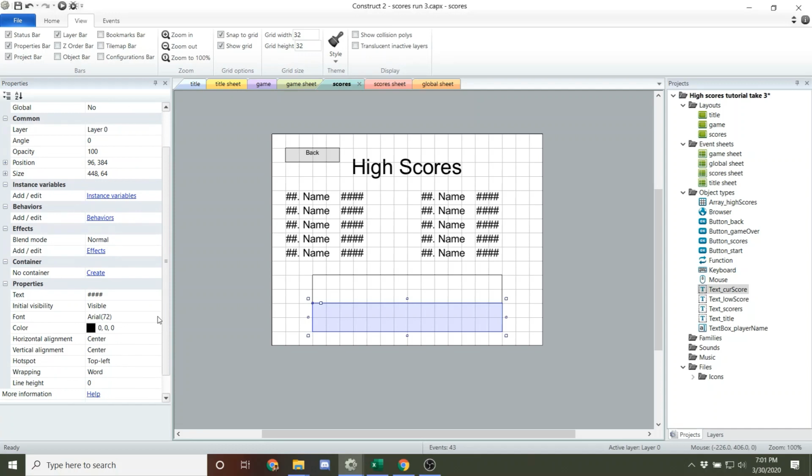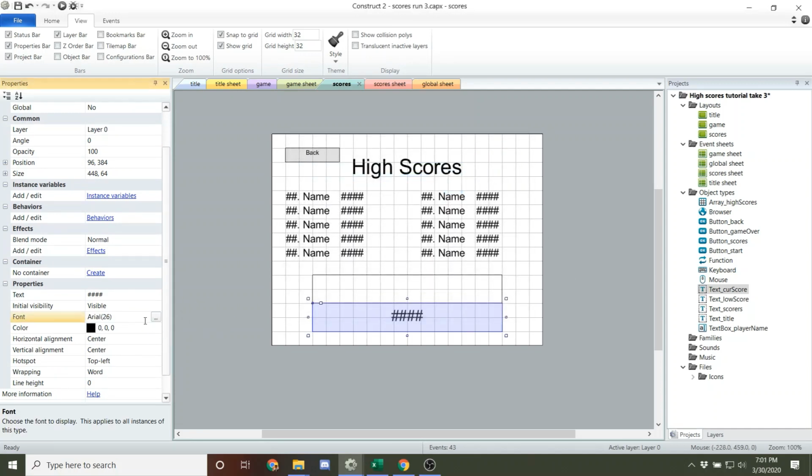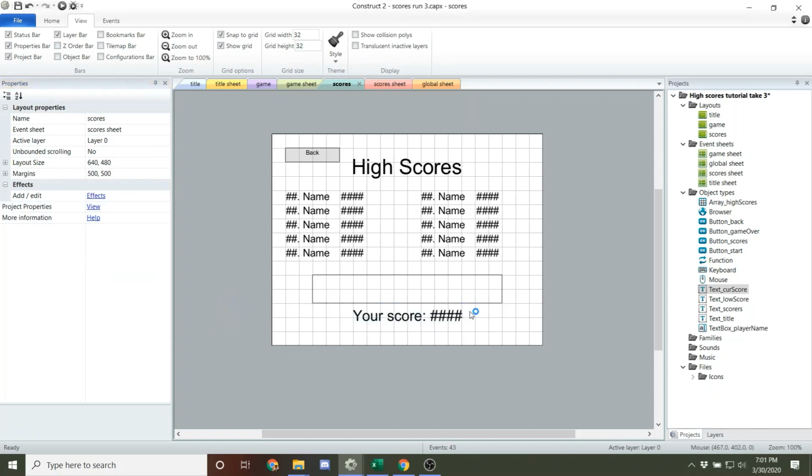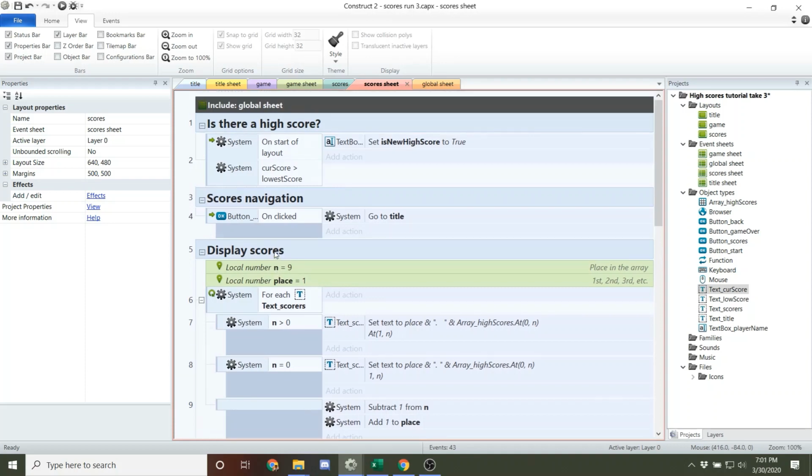Make that much smaller. Yeah, that works. Okay, so your score is this, and on the score sheet we're going to say,